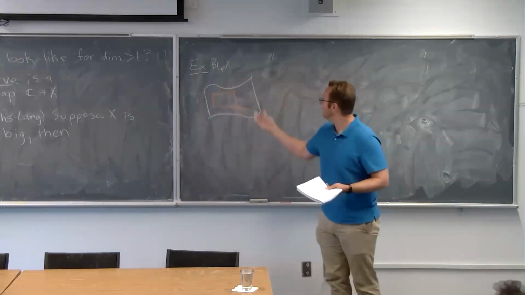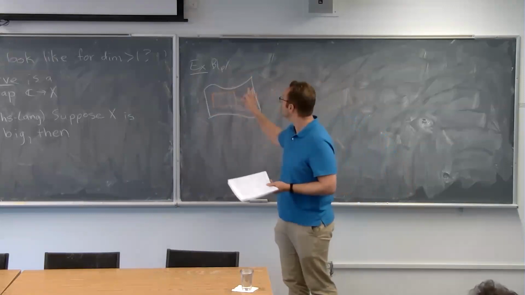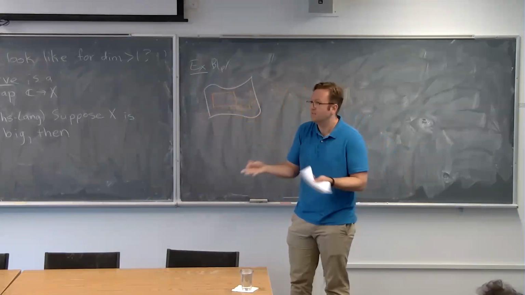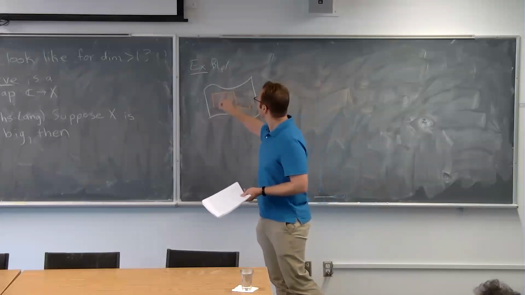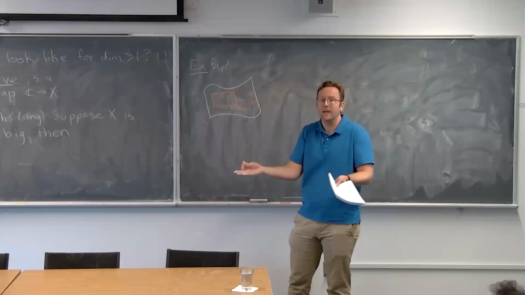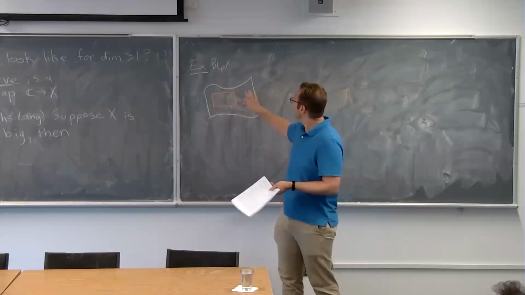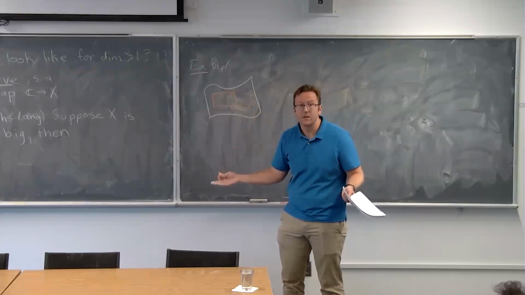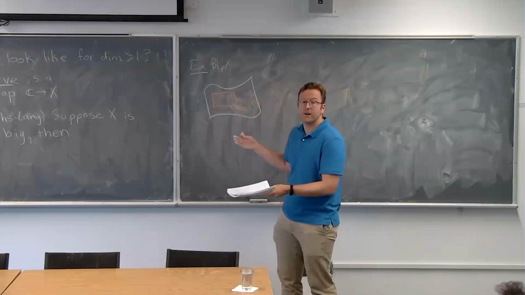So we blew it up and we get some exceptional divisor E, which is isomorphic to some projective space. Blowing up does not impact whether K_X is big or not. If you started out big, you blow it up, you're still going to be big. And P^(n-1) has lots of rational curves and lots of entire curves too. All the lines in P^(n-1) are P^1s, and so those all have tons of entire curves. Even if we started with something that had no entire curves, we blew it up, and then suddenly we have lots of entire curves. So there's no hope that we would get no entire curves on every variety of general type.